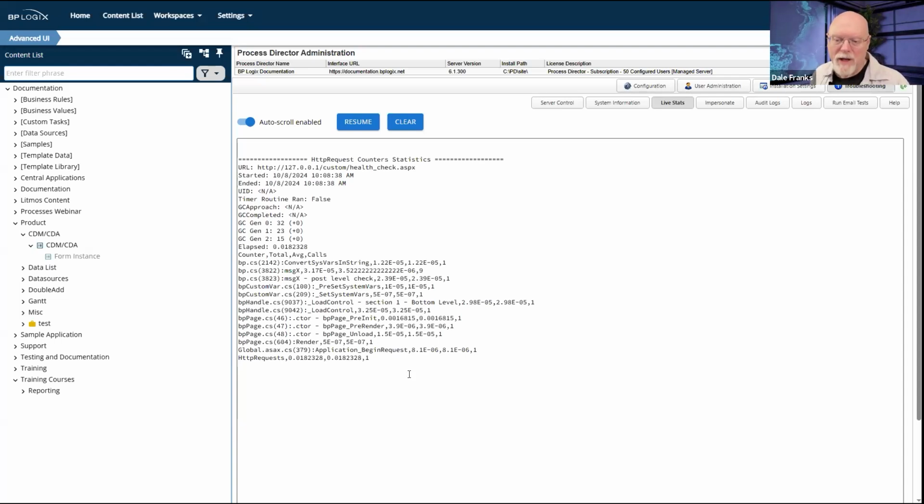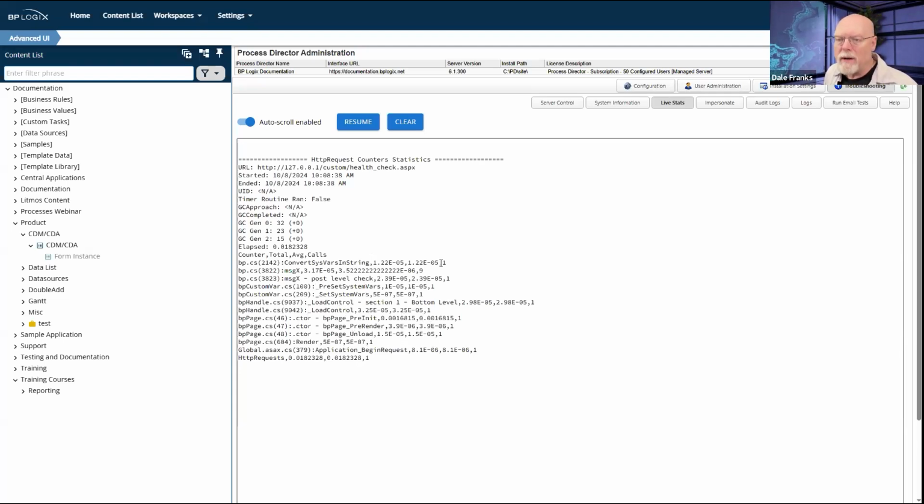If you're an on-premise customer, of course, we might ask you to copy and paste this stuff and stick it in a support ticket, but it will give us some sense of how things are going on the system. I don't believe that these are all of the stats that will ultimately be available here. This is just a sort of a cutting edge version of 6.1.300 that I updated yesterday. So presumably this is going to become a little bit more verbose over time as we throw in some other counter statistics, but this will enable you to at least get some idea of how quickly things are running.